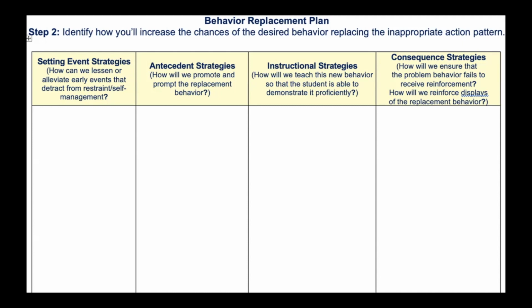And what can we do ahead of the behavior? What can we do to promote an appropriate response in those recurring situations? We think about how we are going to teach that behavior, and how we are going to increase the chances of the student showing the replacement behavior. What can we use as a reward, as punishment? And what's the difference between reward and punishment?